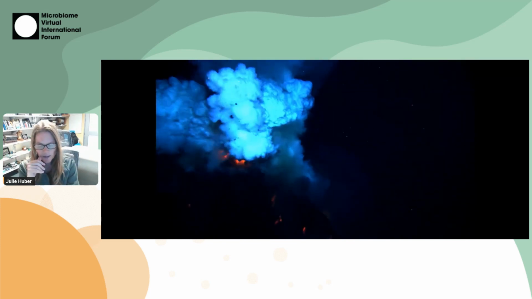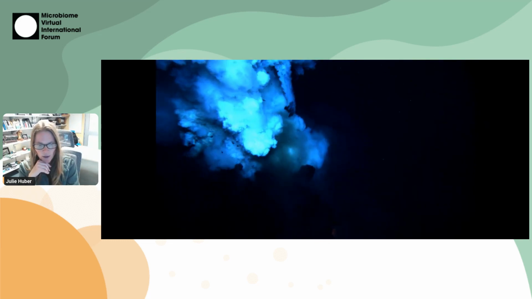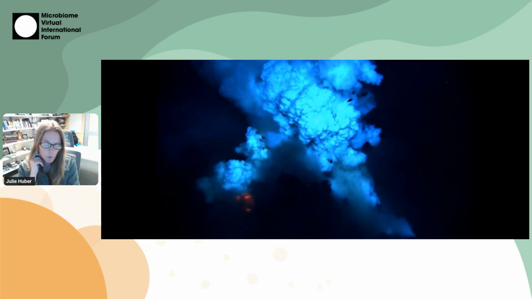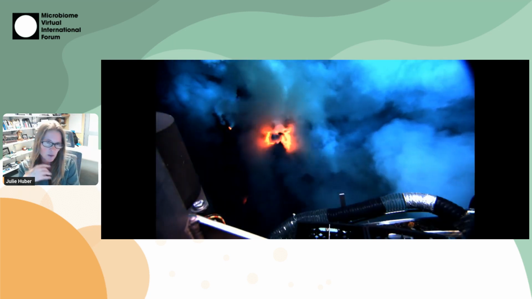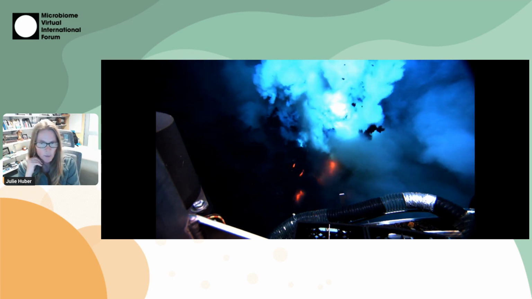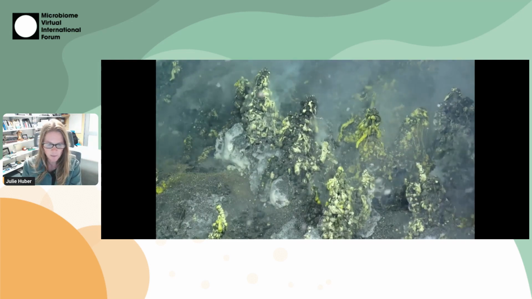This type of volcanism is probably less familiar. This amazing firework display is West Mata Volcano. It's located near Samoa in the Western Pacific. These 1200-degree lava bombs are creating this really acidic plume, about pH 1, near battery acid. And when we first captured this video in 2009, no one had ever seen anything like this before.